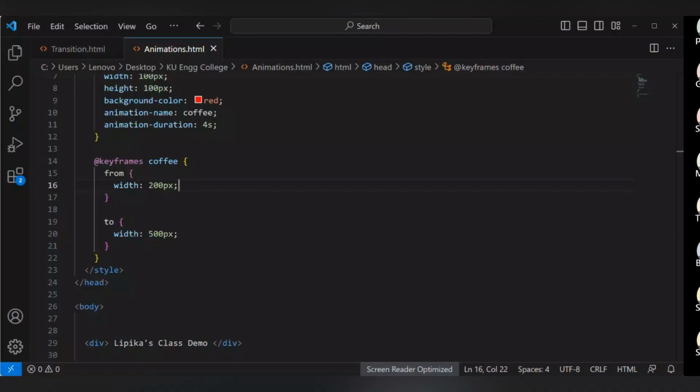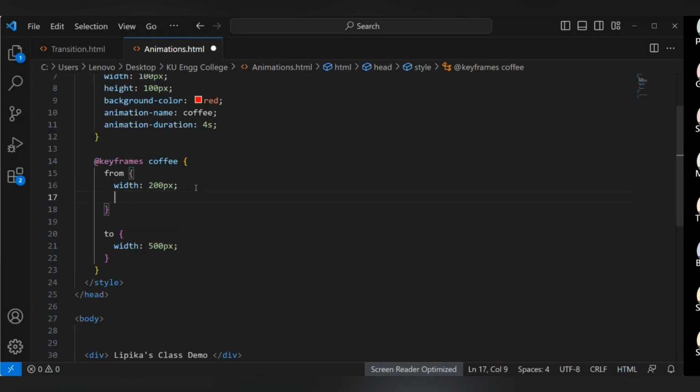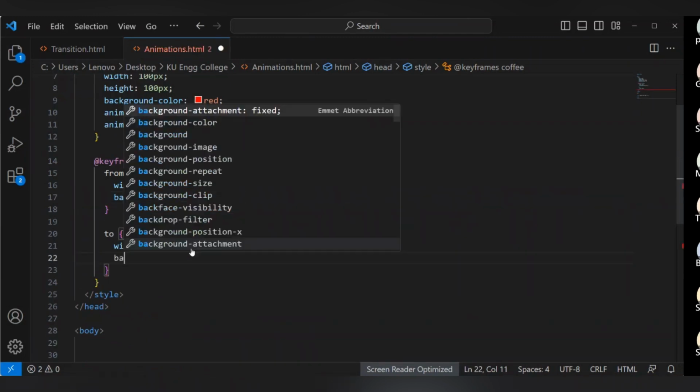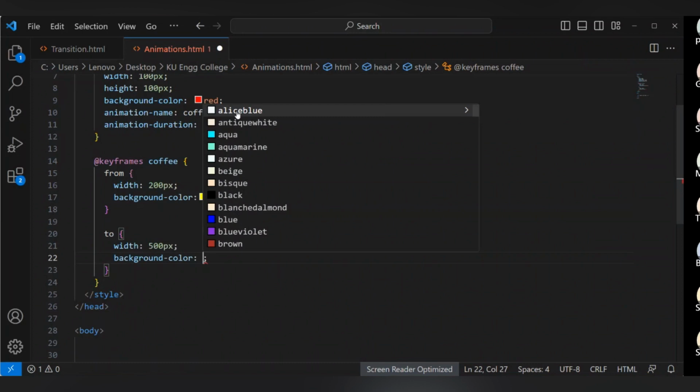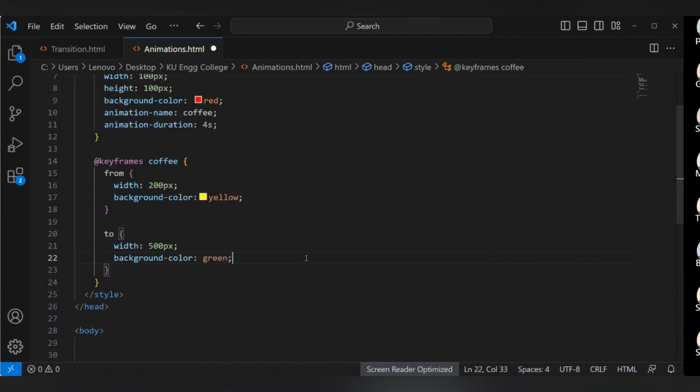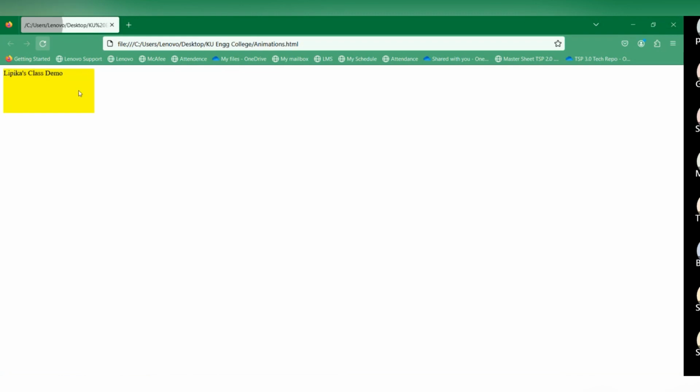Now you can also do one thing like 100, the color is red with background color, from red, it should turn to say yellow at 200 and at 500, the background color should become green. Okay, you can choose nice colors. I'm just trying to show you 3 different colors. Okay, so now it will happen that it will change color also. See,